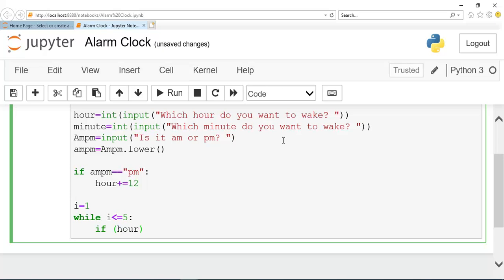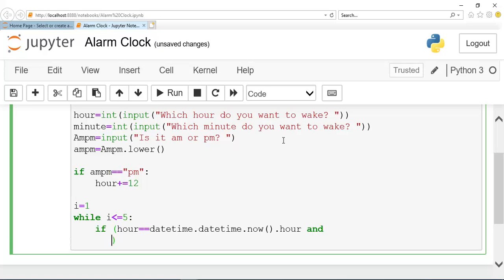So for that we will check first our hour variable, and here I will write datetime.datetime.now, okay guys, and then I'll write dot hour as we want the hour, and I'll use and keyword, and after that I'll also check for minute, datetime.datetime.now, and here I'll write dot minute.